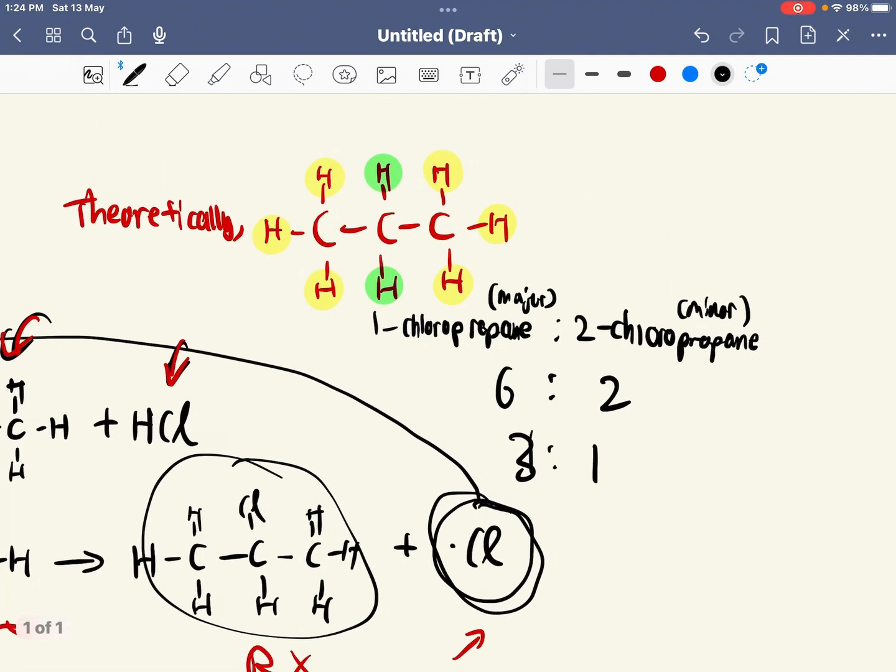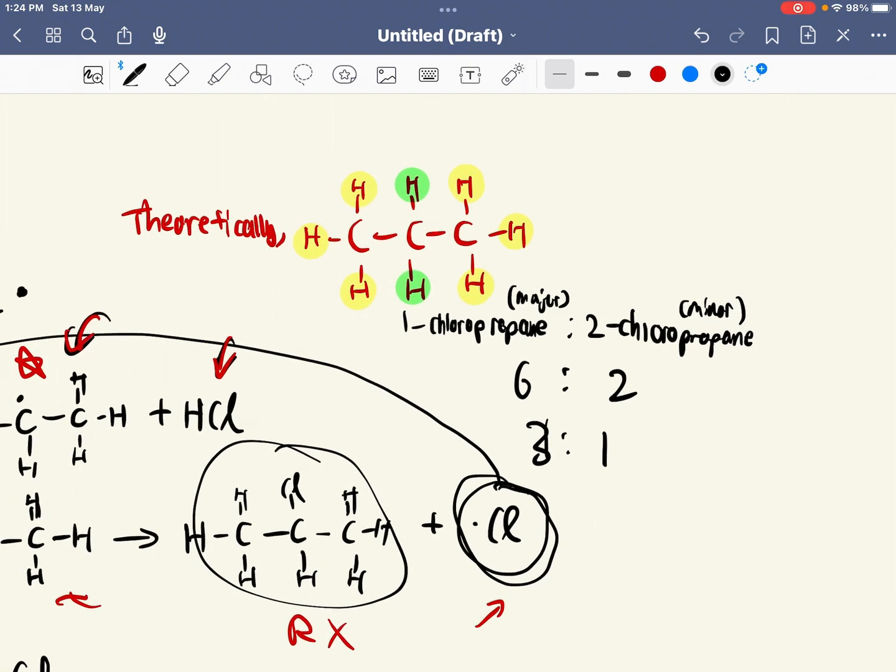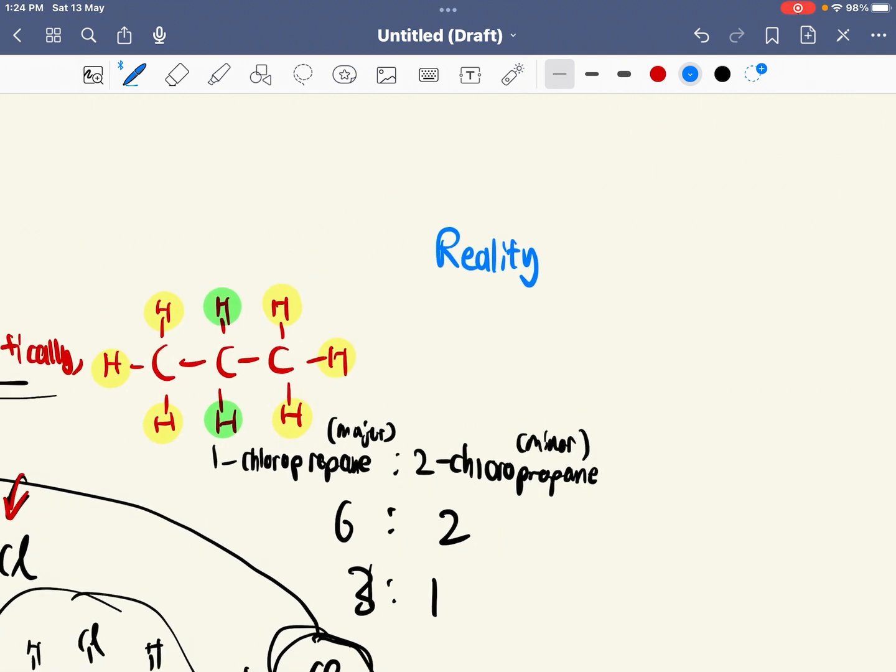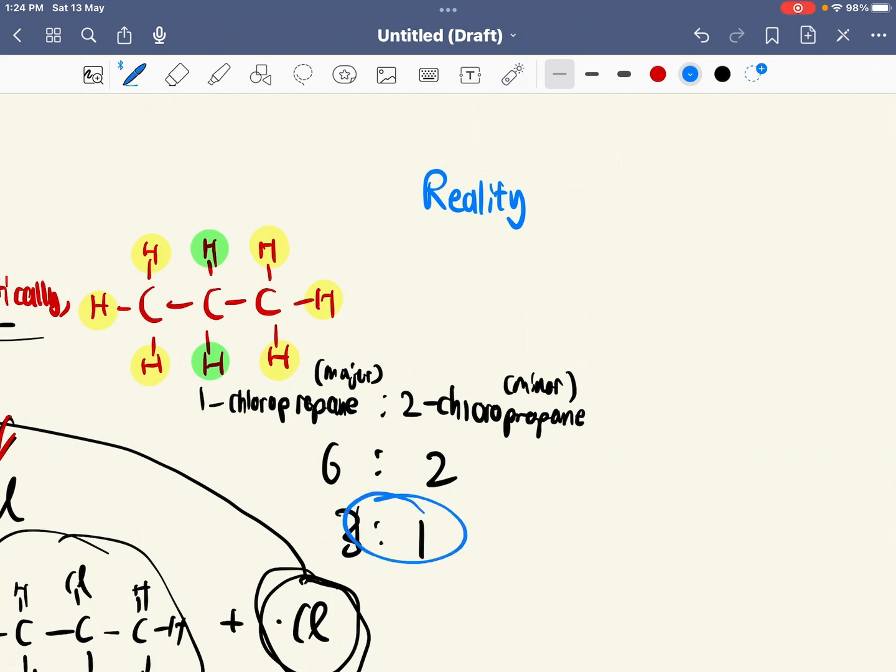But if we're going to look at reality, so this is theoretical, but in reality, things are a little bit different here. The actual proportion may not be this, right? Okay, so why is it so? So if we're going to see in reality, right,